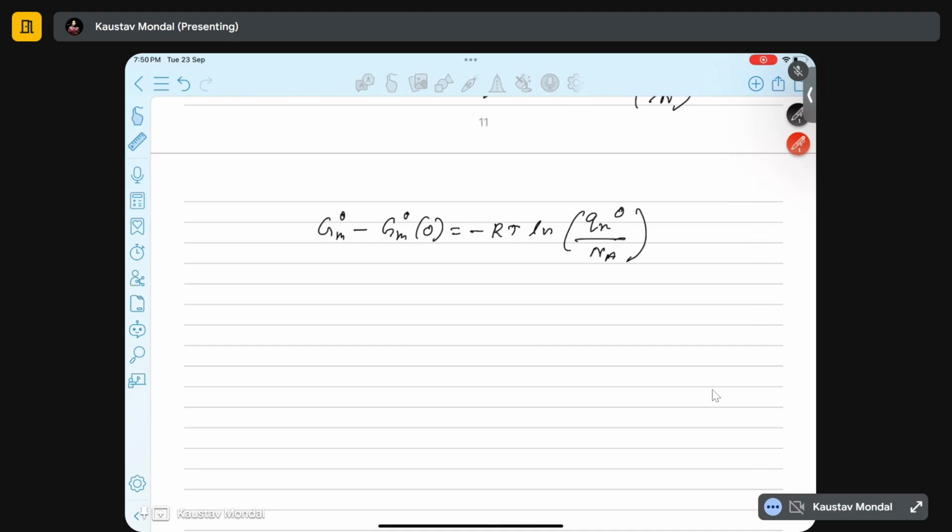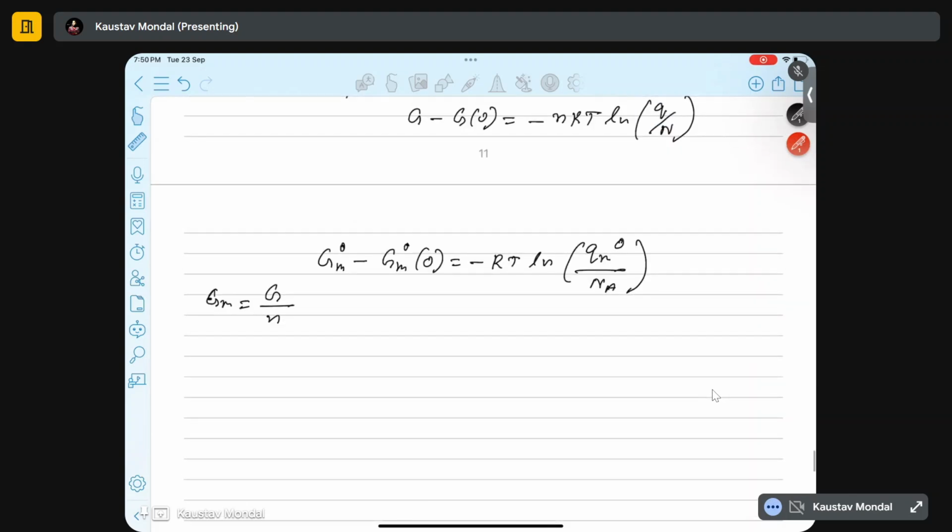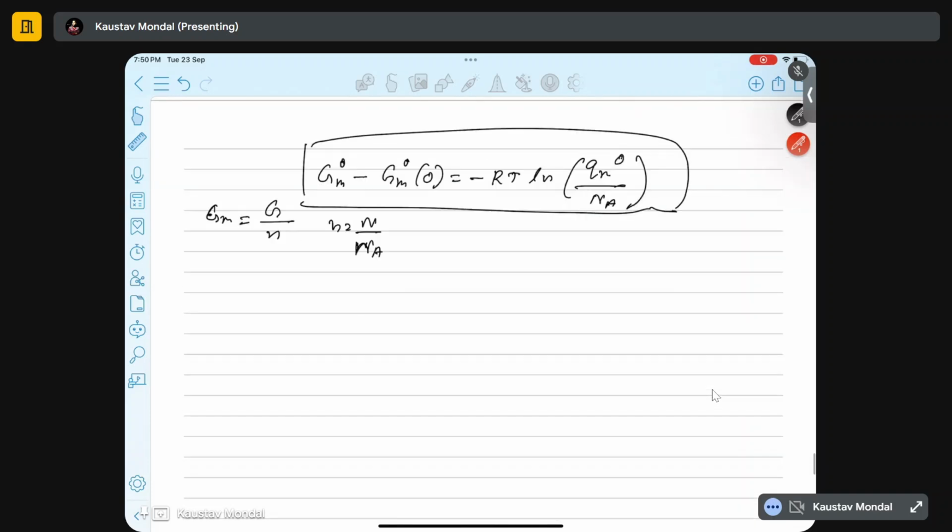Gm0 is nothing but G by n, where n is the moles. So after substituting different relations like N equal to n times Na, and doing all of these things, you get this expression of the molar Gibbs free energy. Anyway,